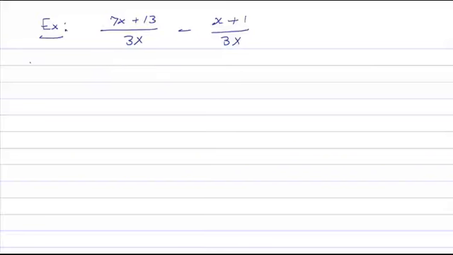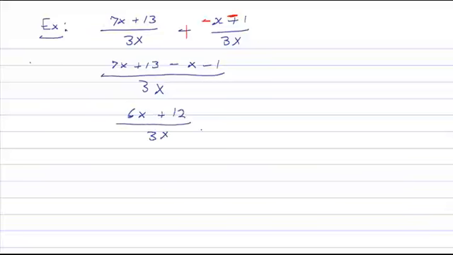So we have a common denominator, but we have subtraction. So right away I'm going to change that to addition and change all the signs in this numerator. Now I'm ready to add these expressions. So we have 7x plus 13 minus x minus 1 over 3x. Combining like terms, 7x minus x gives us 6x. 13 minus 1 gives us 12